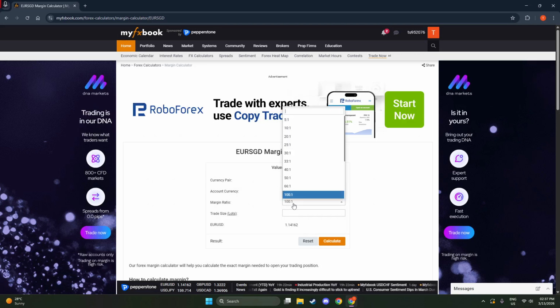Now, set the margin ratio, also called leverage. Common options include 1/50, 1/100, or 1/500. Higher leverage reduces the margin required per trade but increases risk exposure, while lower leverage requires more margin but can limit downside. Select the leverage that matches your broker's setting for your account so the calculation reflects your real trading